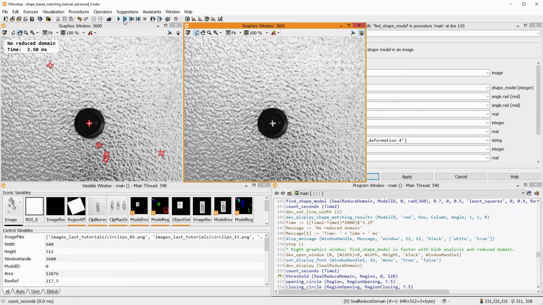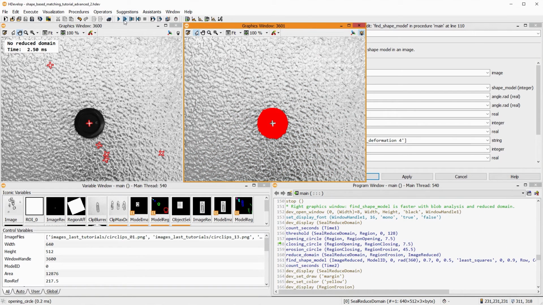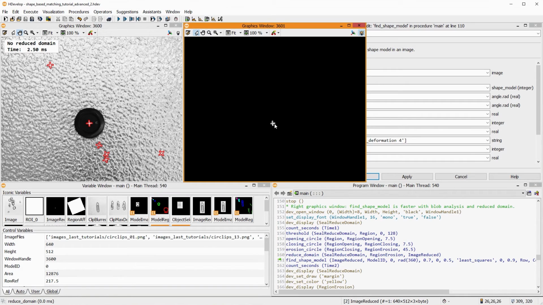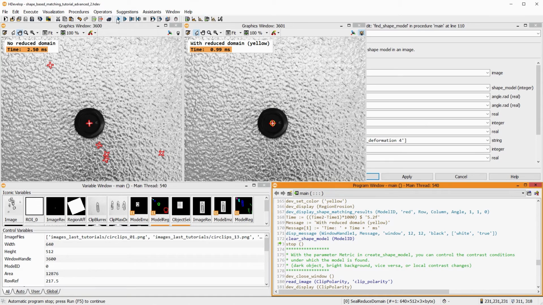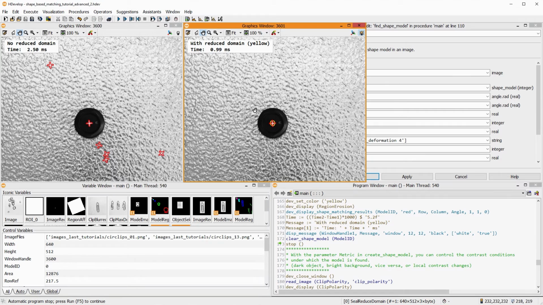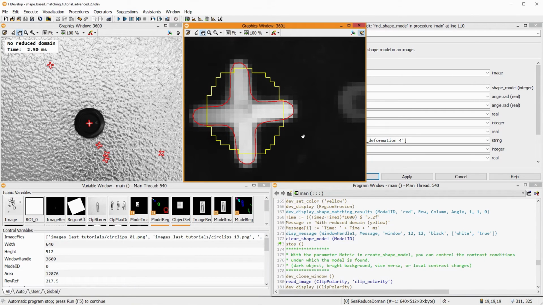Instead, we can do a simple thresholding and then some blob analysis. From here, we can reduce the domain of the image so that we only search the part of the image where the object is located. In sum, the time required for these operations is much lower. Additionally, like in this example, you might be able to avoid false matches with this method. You may have noticed that the region of interest is really small. The matches don't have to lie completely in the region of interest. It is enough if the center of gravity of the original model is inside the region of interest.